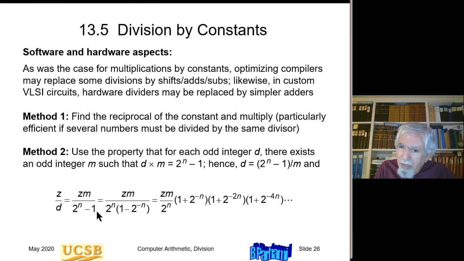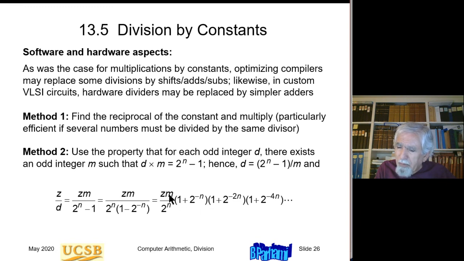Okay, I write 2 to the n minus 1 as 2 to the n times 1 minus 2 to the minus n. And then I expand 1 over 1 minus 2 to the minus n in the following form: 1 plus 2 to the minus n, 1 plus 2 to the minus 2n, 1 plus 2 to the minus 4n, all the way to infinity. So I've converted dividing by d